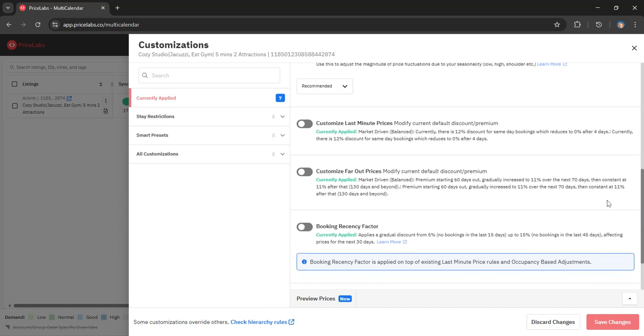pricing tool. Do you understand? To fix the pricing, what I'm going to deal with is actually PriceLabs because it's my most preferred pricing tool. So you see here customized prices, just